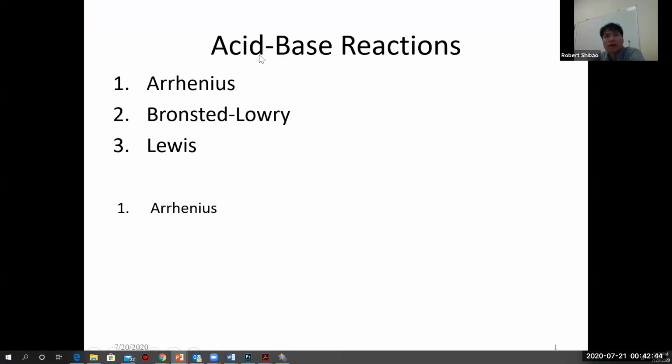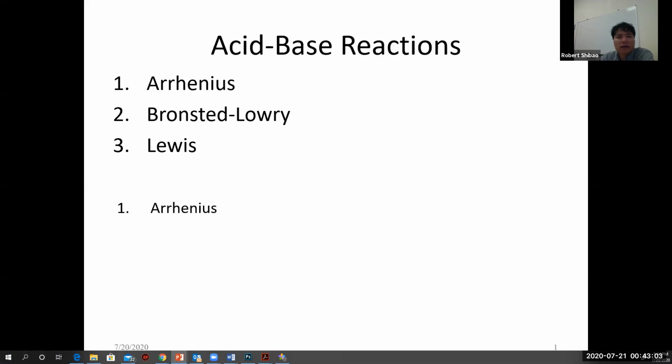All right, we're going to look at acid-base reactions next. So those are metathesis, and we just looked primarily at double replacement, but we just look at ions, you know, what ions like each other. In acid-base reactions, we have Arrhenius. Arrhenius acid is just H+, Arrhenius base is OH-.